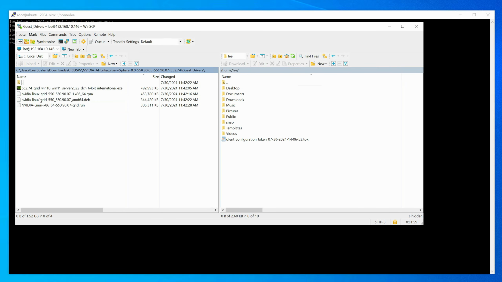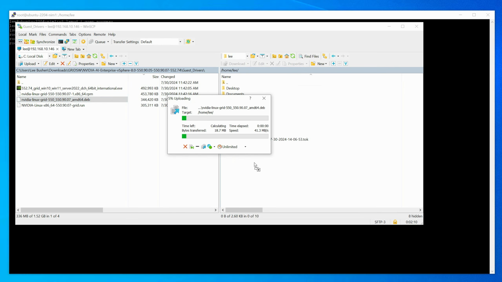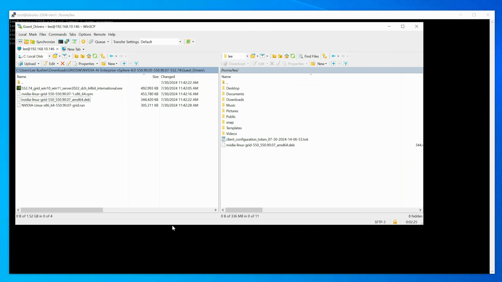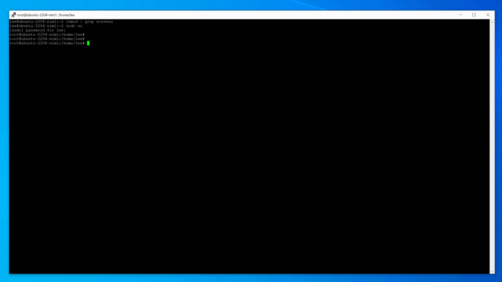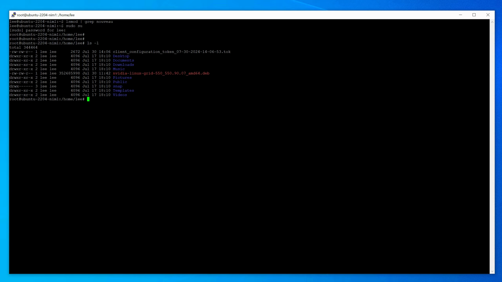Go into the guest drivers, and as you can see here, there's a couple of Linux drivers available. For Ubuntu, we need to use the .deb package within here. So let's just click on that and drag and drop that into the Linux VM. Okay, now that's done, we can go back in here. If we do a quick listing of this directory, we'll actually see there's our driver and there's our client configuration